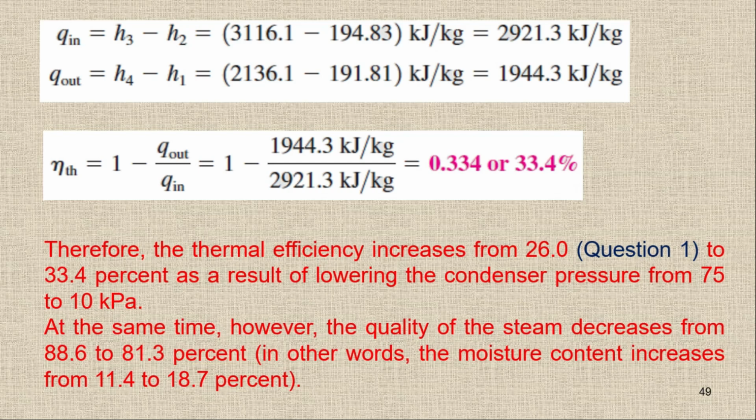11.4 is basically 100 minus 88.6. So 11.4 to 18.7, that is 100 minus 81.3. So quality is basically 81.3, but moisture content is 18.7. So simply you have to subtract the quality from 1 or 100. So this is the first part, where we have checked that by decreasing the condenser pressure, we can increase the efficiency. Now we have to perform the same calculation, but we have a new data set,